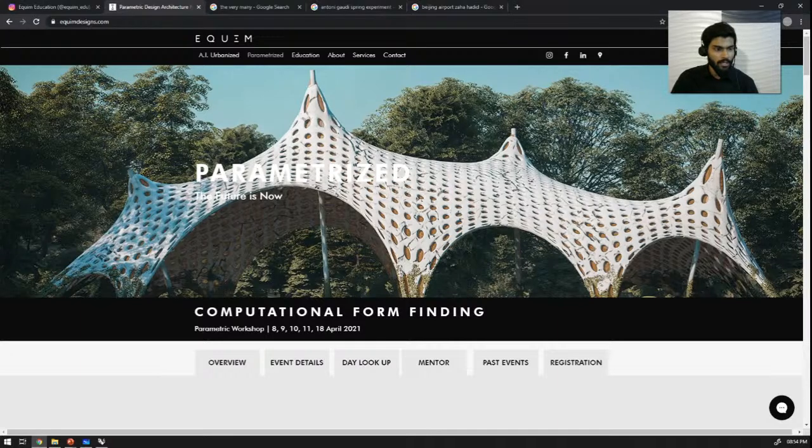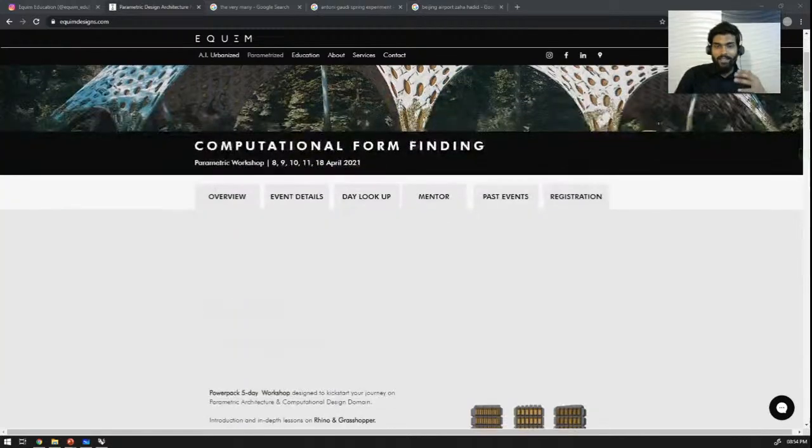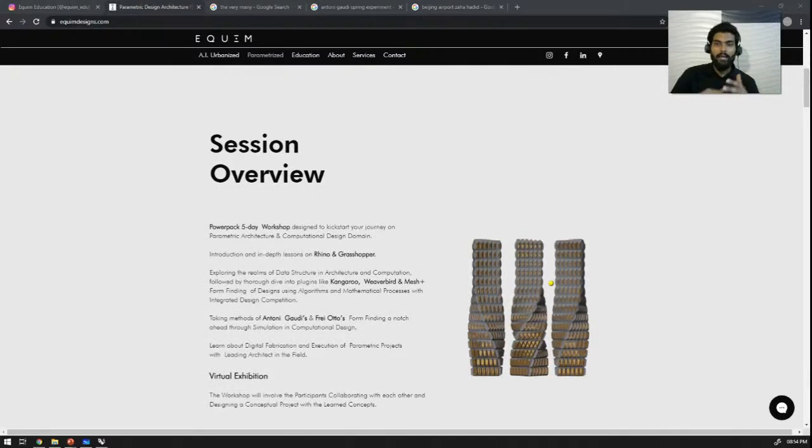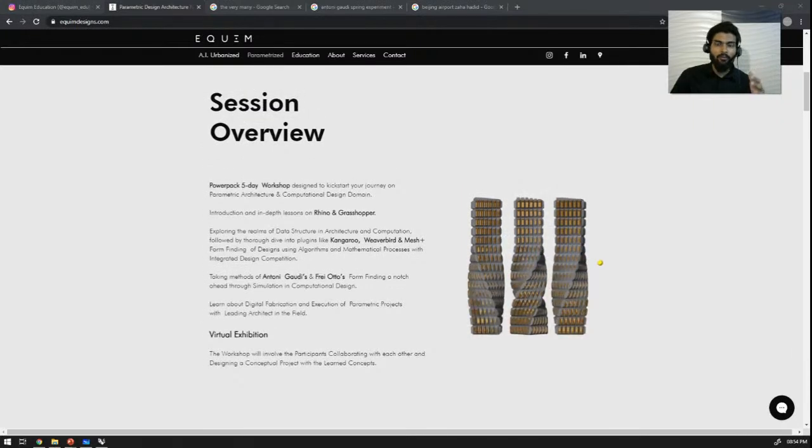So this is not new as in, we have been doing this workshop for quite a while now, and this is a new concept of teaching the people who want to learn something new. This is basically a workshop that goes for 5 days on weekends, and usually the timings are 11 a.m. to 5 p.m. throughout the day. It starts off with the very basic understanding of Rhino and Grasshopper. So you do not need any understanding of Rhino and Grasshopper. We'll begin from the very basics, very zero